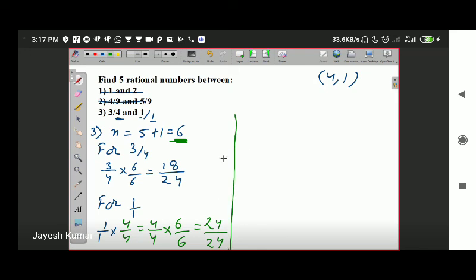Fine. So once again, upon 24, comma, upon 24, comma, upon 24, comma, upon 24. This is the fourth number, and lastly upon 24, the fifth number. And to the numerator, after 18, we have 19, then 20, then 21, then 22, and lastly 23. So these will be the five rational numbers between 3 by 4 and 1. Based on all this, you can complete the first exercise of this chapter. Okay. Thank you for your time. Have a nice day.